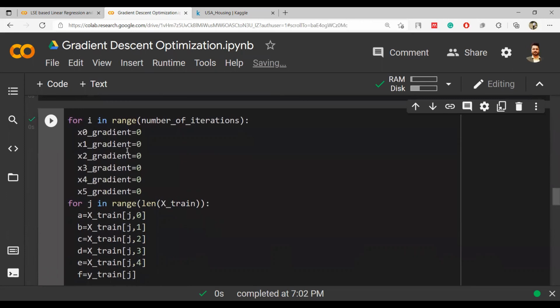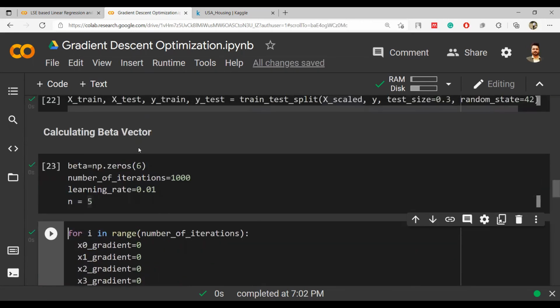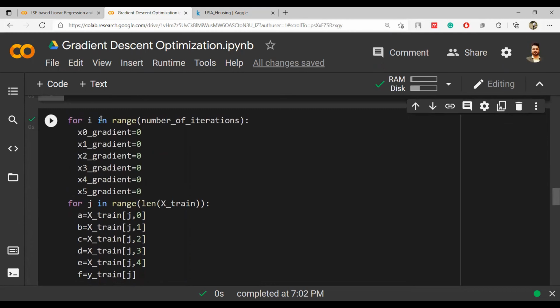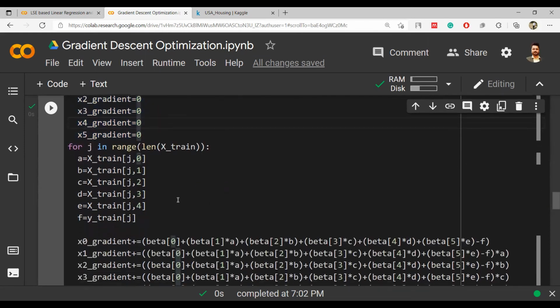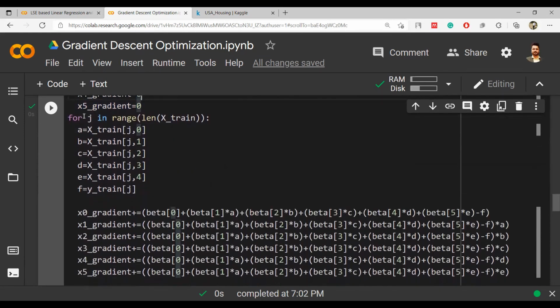Now you have to do the iterations. हमने इटरेशंस यहाँ पे 1000 रखे हैं, तो you have to give the initial gradient values to be 0, x0 x1 x2 सबका ग्रेडियंट हमने इनिशियली 0 ले लिया. Then we are also getting the values of this a b c d e f. A b c d e f are the, what are they? We are trying to update our values of gradients, और उसमें हम कर क्या रहे हैं, बीटा नॉट इंटू बीटा 1 इंटू ए, मतलब प्लस कर रहे हैं, प्लस बीटा 2 इंटू बी प्लस बीटा 3 इंटू